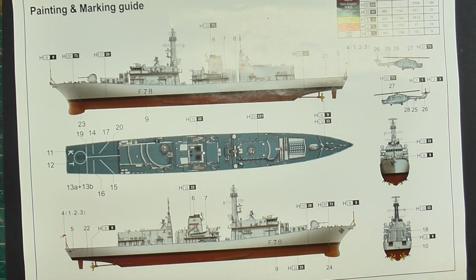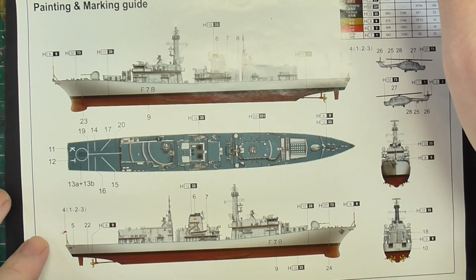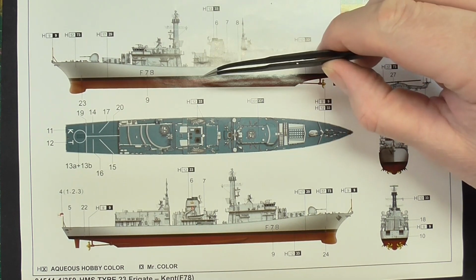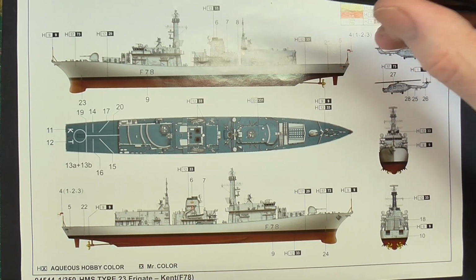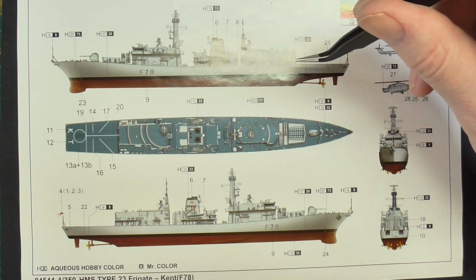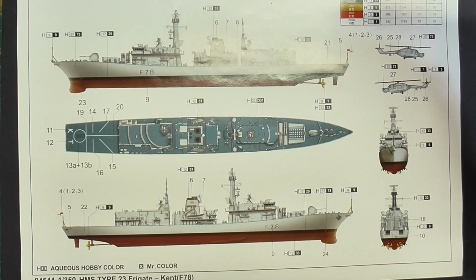Right guys, I apologise for the shiny paper, but there's not a great deal I can do about that. We need the light. So I've got some paint coming for the ship itself. I already had the red oxide type paint and the black obviously, but the grey I had got some, because I prefer the lacquer paints, and I had got some, but I was unsure. There's always, as there is a lot of the time with this type of thing, squabbles over what colour is what, so these guys are calling out Mr. Hobby, which I do use a lot of, along with AK, and they've just got aircraft grey, dark sea grey,